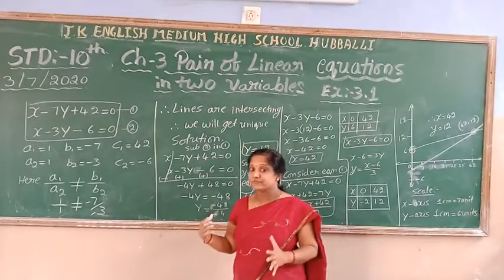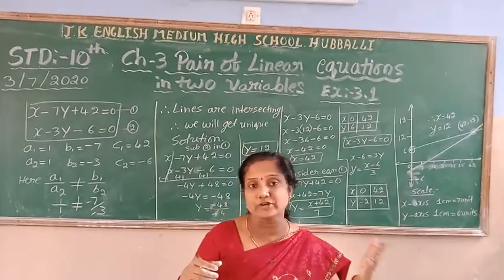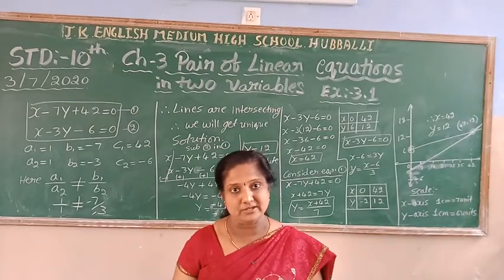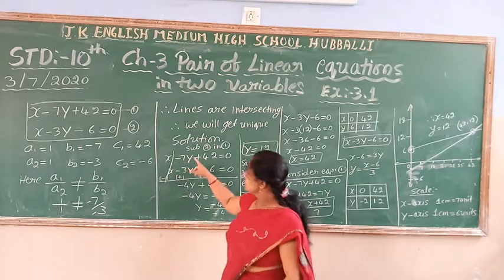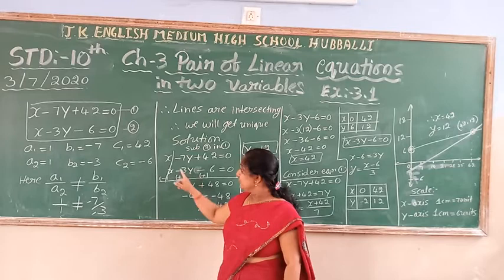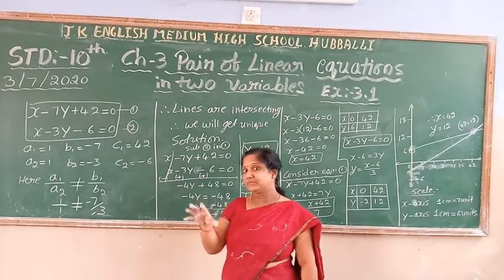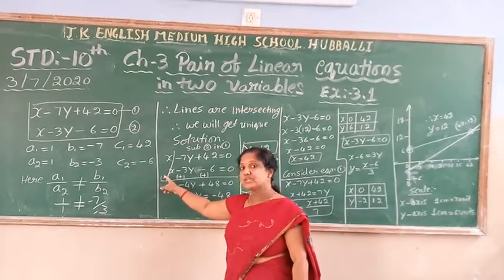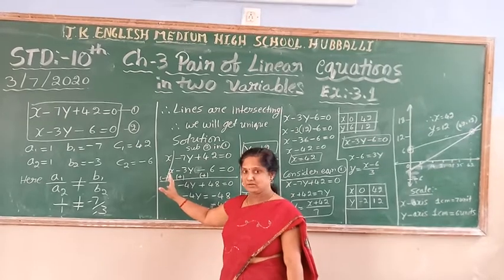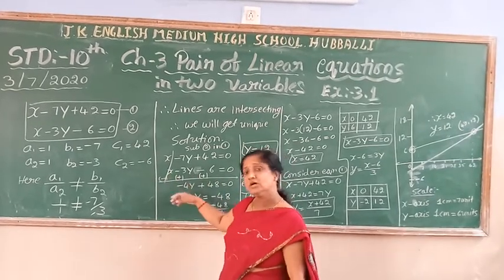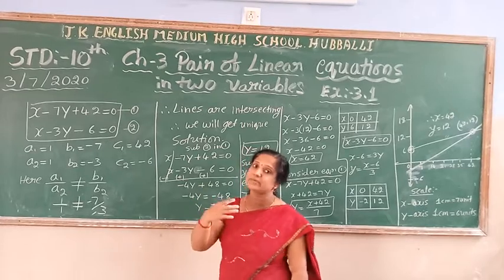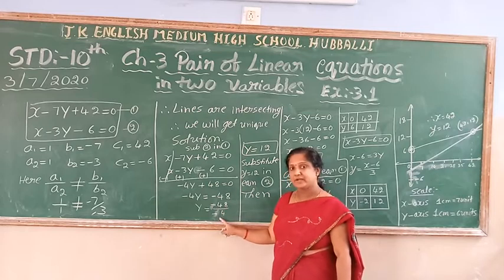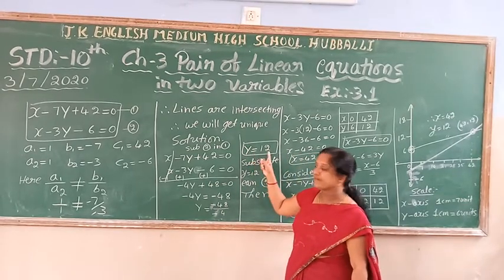After that, if both the equations keep giving values for x, we don't know for which value both the lines are going to intersect. So one easy method is there. In one equation, subtract the other equation. You make one variable eliminate, which means you have to cancel one variable. Already one term is the same here. Only if I change the sign, that means if I subtract now, then the x variable will cancel. So I am going to get the value of y as minus 48 divided by minus 4. After simplification, the y value I got is 12.